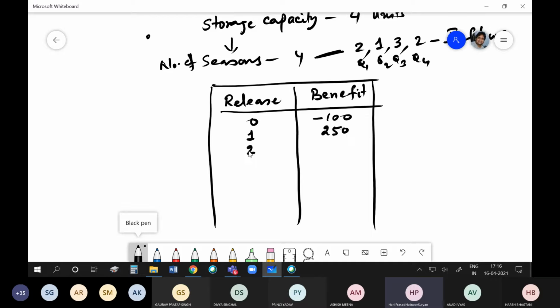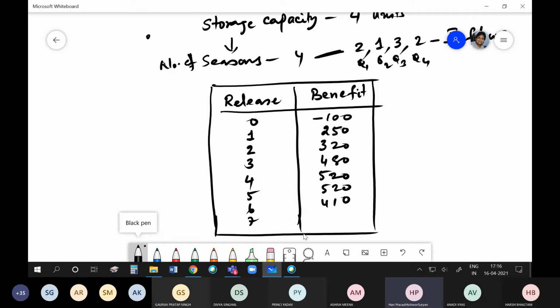If I release 2 units, it is 320. If I release 3, it is 480. If I release 4, it is 520. If I release 5 units, it is again 520. If I release 6, it is 410. And if I release 7, it is, let us say,